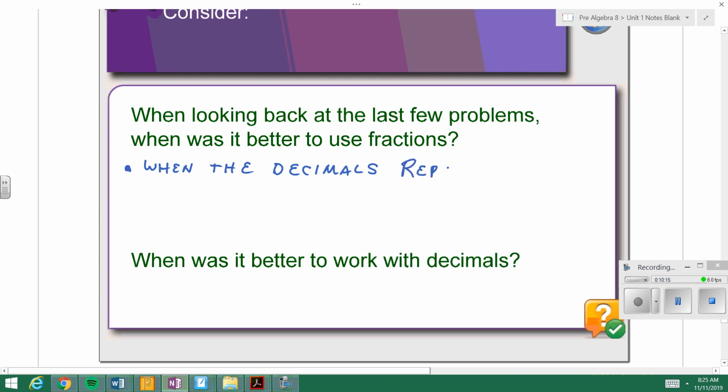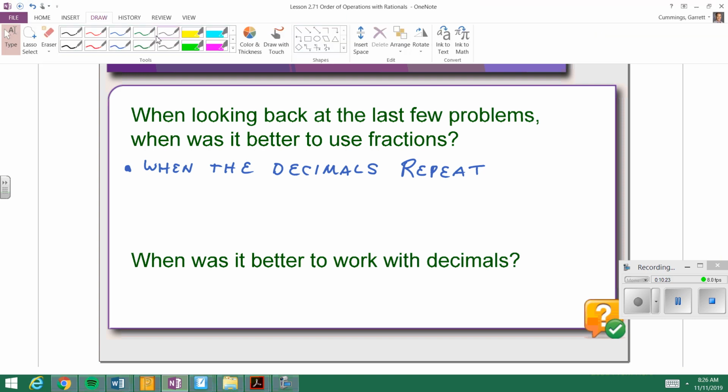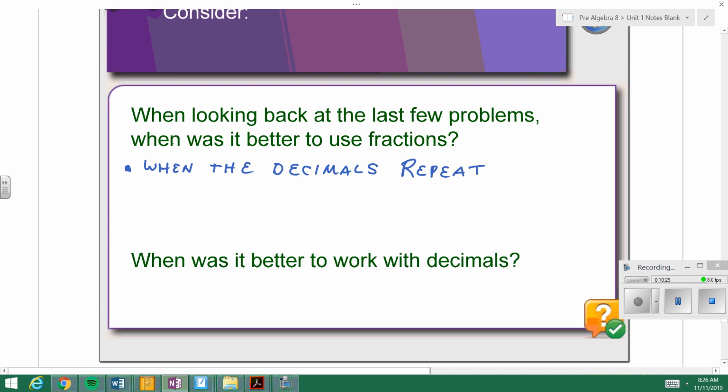And this is true anytime that you get an answer like 0.3 repeating. It's probably better to just work with that value as being 1/3, because I don't know about you, but I don't have enough time in my day to write infinite threes across my paper. And then you're going to have to round it or use bar notation, and it's not exactly accurate when working in more problems. When the decimals repeat,